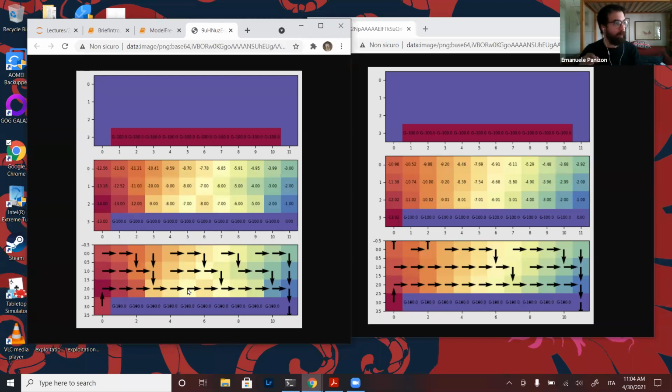If by policy you mean what you do to change the update, I don't think it's generally called a policy. And the only difference between Q-learning and SARSA is in how you define the delta Q, so this update of a Q value. But the values should converge.